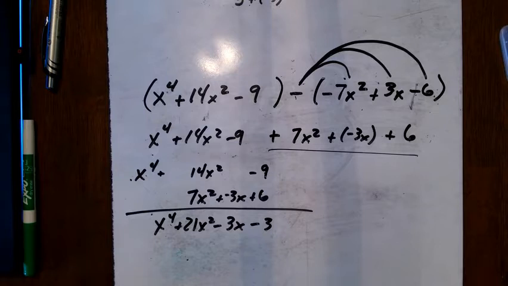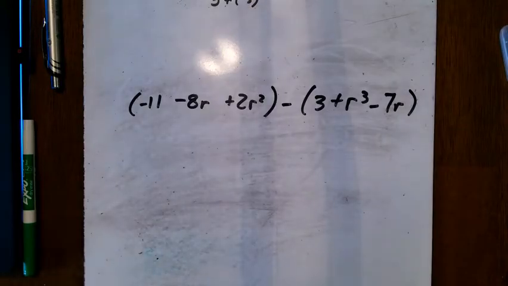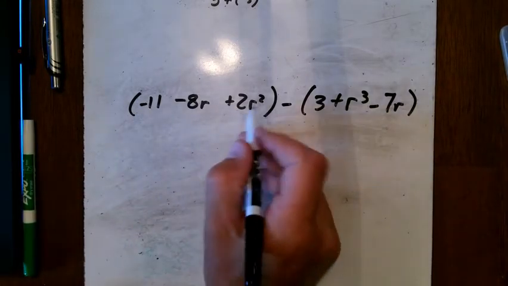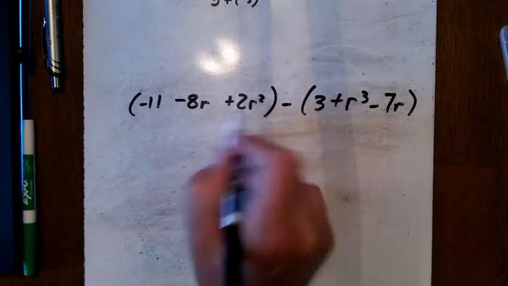Okay, here's our second polynomial subtraction problem that I'm going to give you. And you notice right off the bat that they're not in standard form. I like having them in standard form because then that shows me where the like terms are at. I can look and determine where they're at. So before I do anything, I'm going to change these so they're in standard